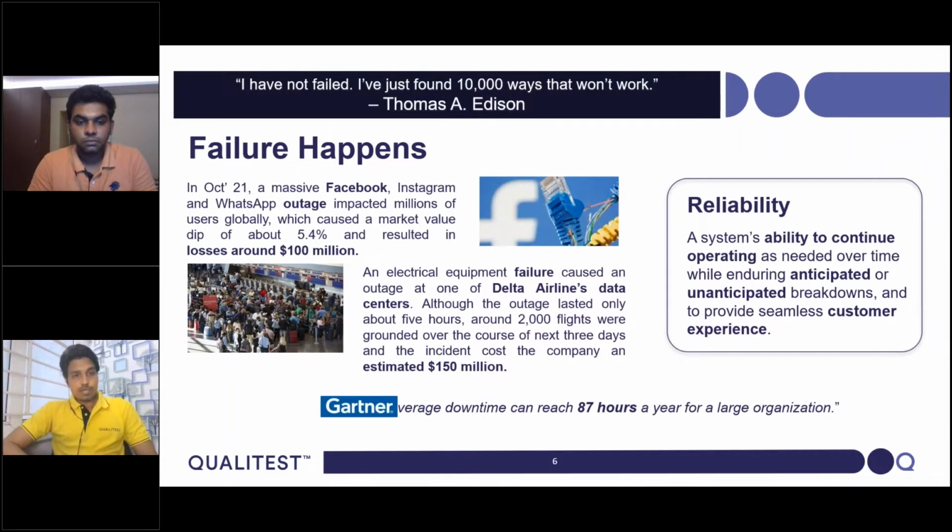Yes, failure happens. We do see this in our personal lives, and in our day-to-day in the applications and projects that we're handling. Let me start with a classic example that pretty much all of us have witnessed 6-7 months back. If you remember, in October 2021, there was a massive outage from Meta, which brought down pretty much all of Facebook and its subsidiaries. That includes WhatsApp, Instagram, Oculus, and many more applications.